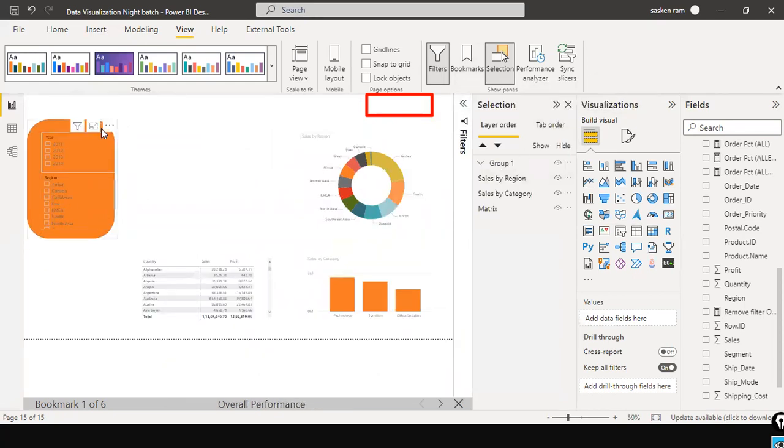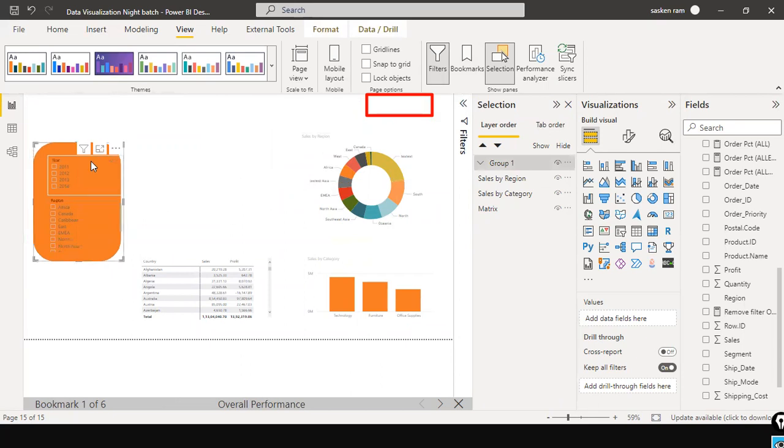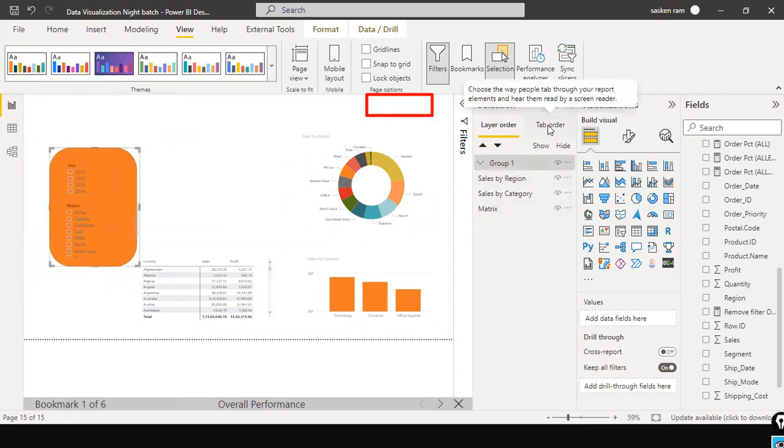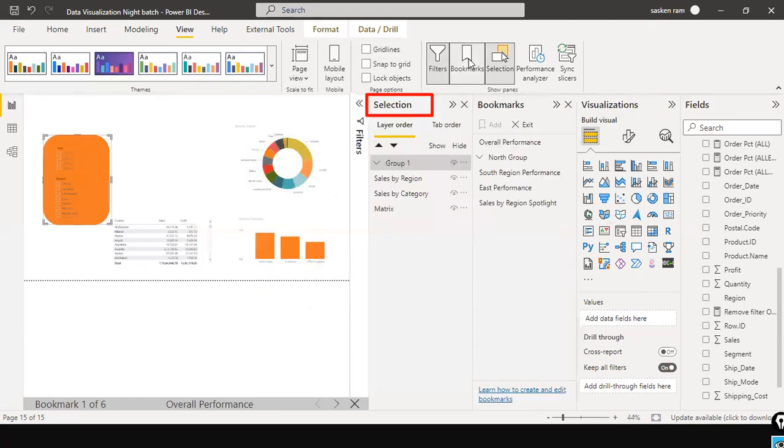Okay, here what I want to do is in the bookmarks. Where is the bookmark? Okay, bookmark, I got it. And here,